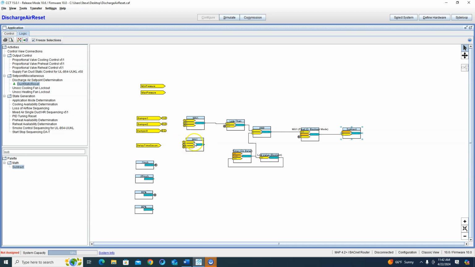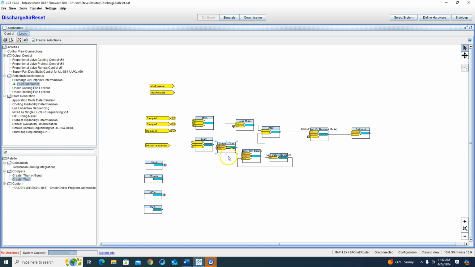So any, we're going to do a max again. If they're open above 90, so I need a greater than. Put this down a little bit. So if this is greater than this,